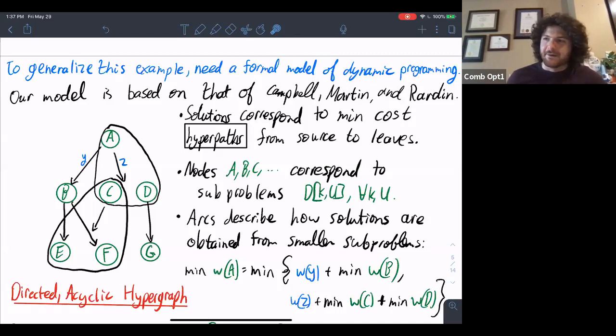We all have an intuitive definition of what happens when you're doing dynamic programming, but it turns out there's actually a fair bit of literature on formal models of dynamic programming. And the one we're interested in is this model by Campbell, Martin, and Rardin. What they did is they said, you could think of dynamic programming as having a directed hypergraph object. What you mean by a directed hypergraph is that each of your arcs has a notion of what a source vertex might be, and it points towards all these other sink vertices in the arc. So it's a one-to-many directed arc,